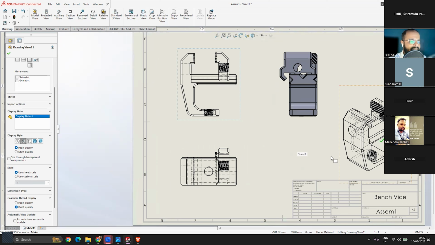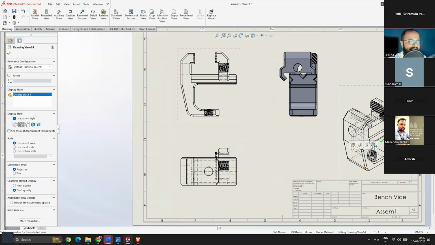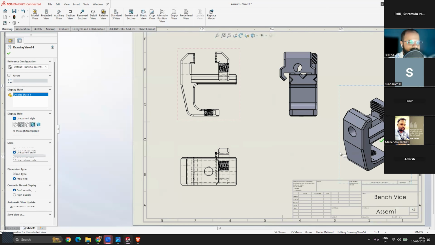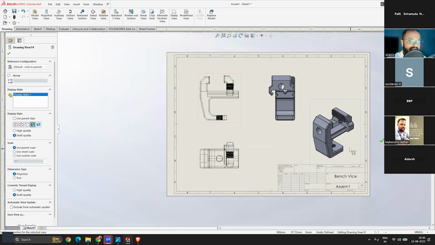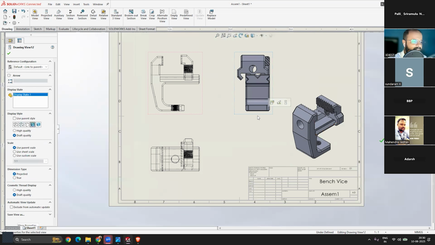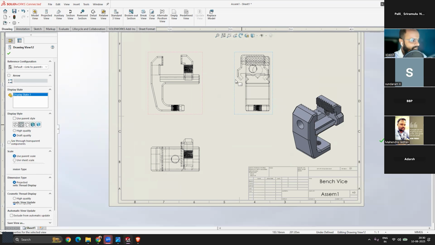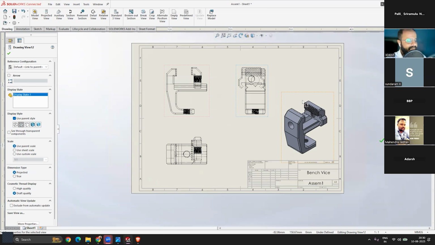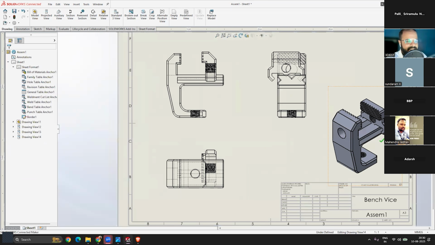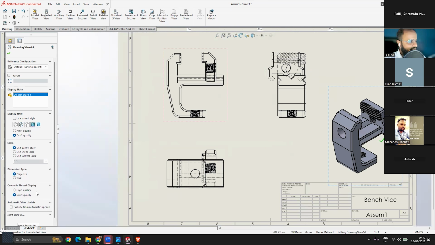So let's say, for example, for this view, I don't want this scale. Let's first change the visual style of this view, right? I change the visual style to this. And for this one, let's keep the default one, like for every other part. Or you can click on the parent style, right? Like this. Let's say for this view, once I select it, I want to change the scale. I want to make it a little bit smaller. So how can we do that?